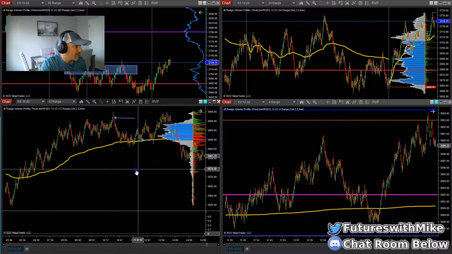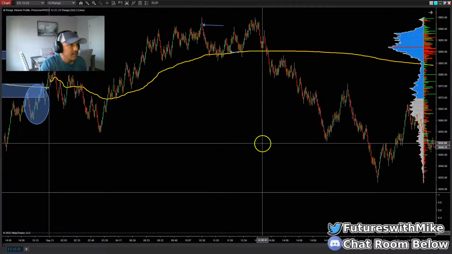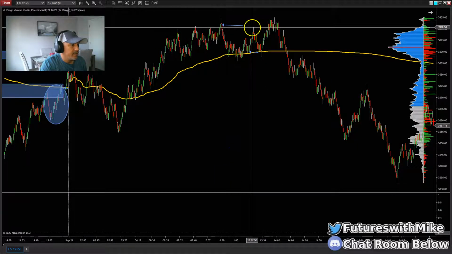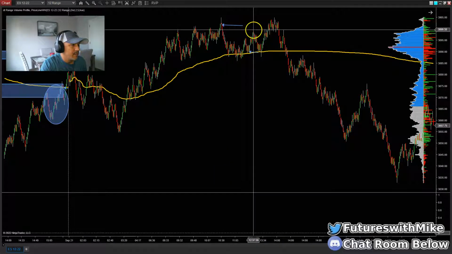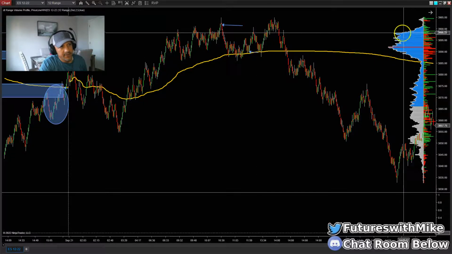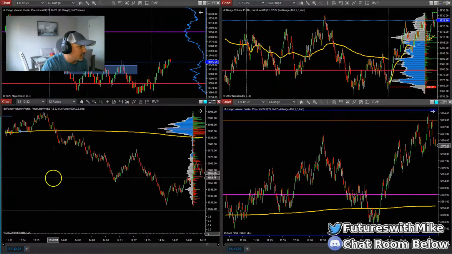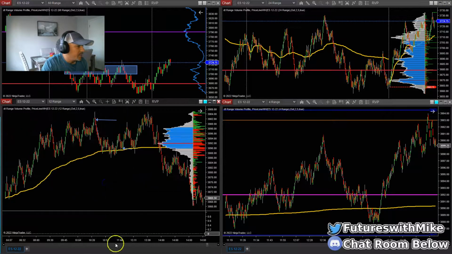Okay, let me go to that same area. Where's it at? On the 12 range. Lost it. Here it is, right here. Okay, so that was at 3,900, and we're hitting up against a round number, and above the top volume area. So sell the highs. Okay, so let's bring those 2 areas into perspective here.